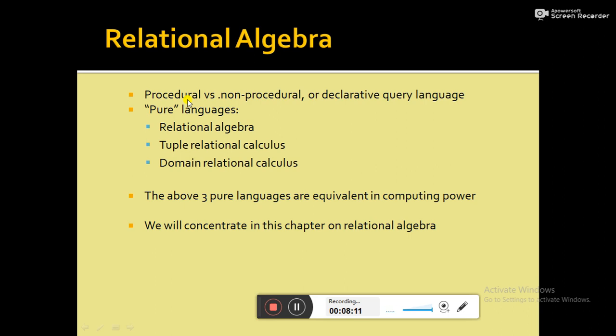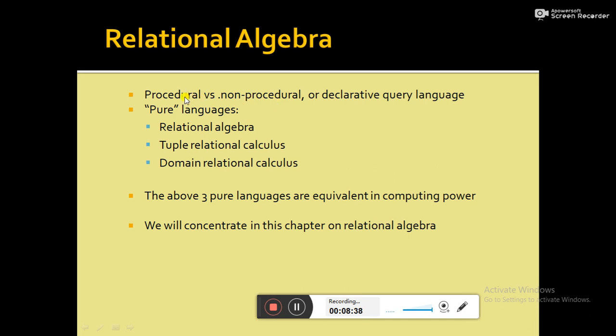That mechanism the user has to specify. This is procedural, whereas non-procedural query language is a language where it requires a user to specify what data are needed without specifying how to get those data. That means in case of non-procedural language, the user only has to mention what data he or she needs to fetch. No need to specify how to get those data.